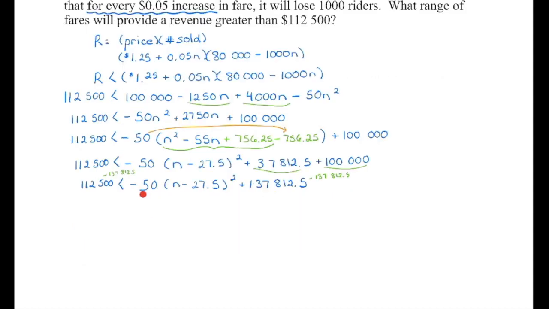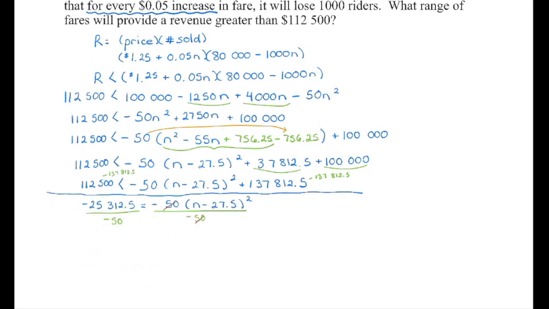And once we have this in vertex form, I can find the value of n by quickly rearranging this. So I'm going to subtract this constant term from this piece. Then we're going to divide out that negative 50, get rid of that squared by square rooting, and then move over that 27.5 in order to isolate n. So start by subtracting that